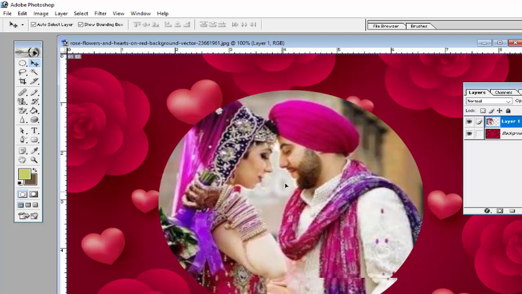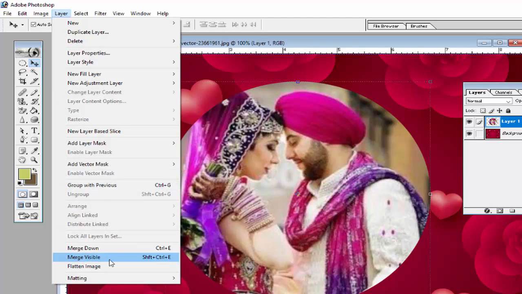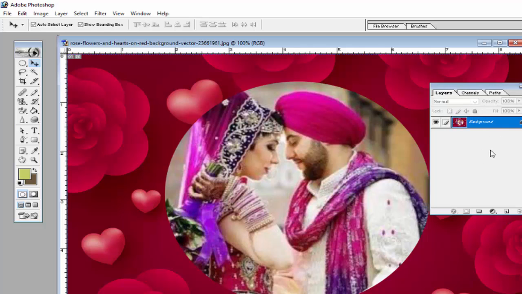So insert that image in this background image and you will see that here is the background image and here is the layer we now inserted. When you insert any image from another, it will create a layer of that image. So this is our background and this is our layer. If we want to merge both, go in the layer menu and click on the option flatten image.